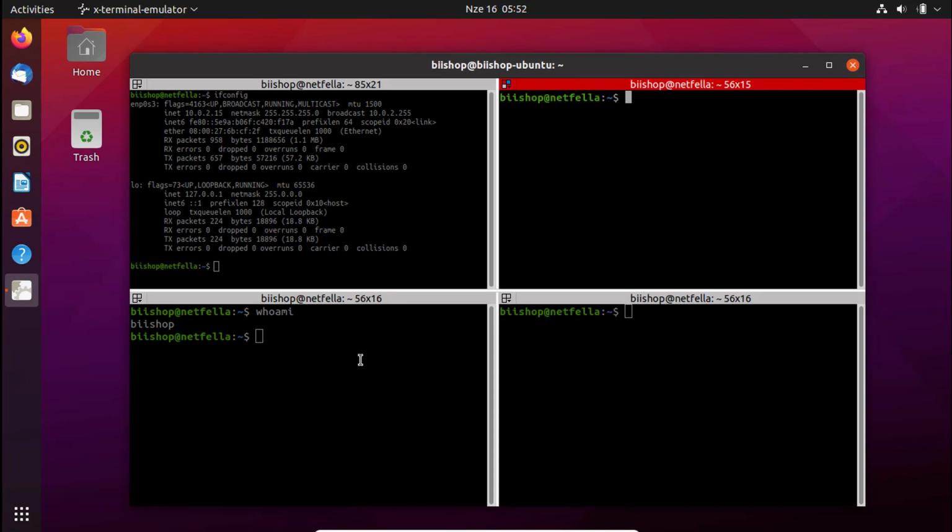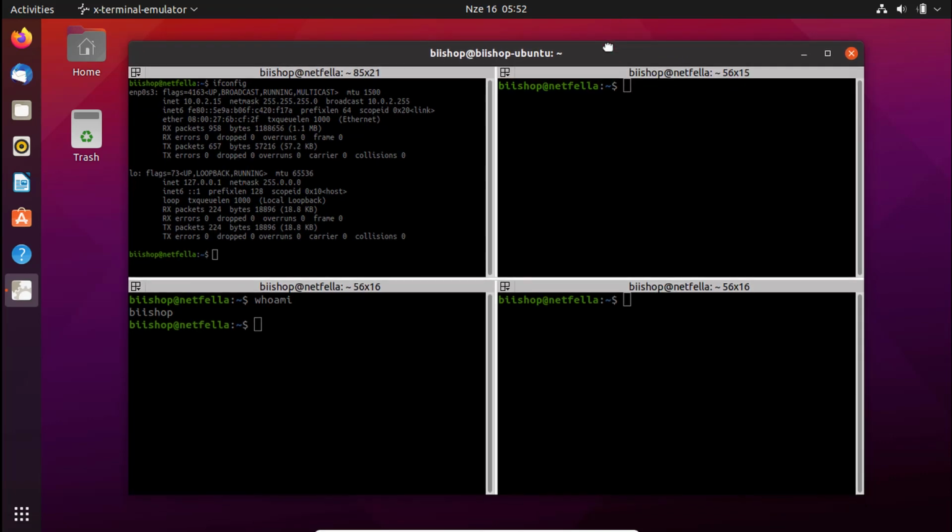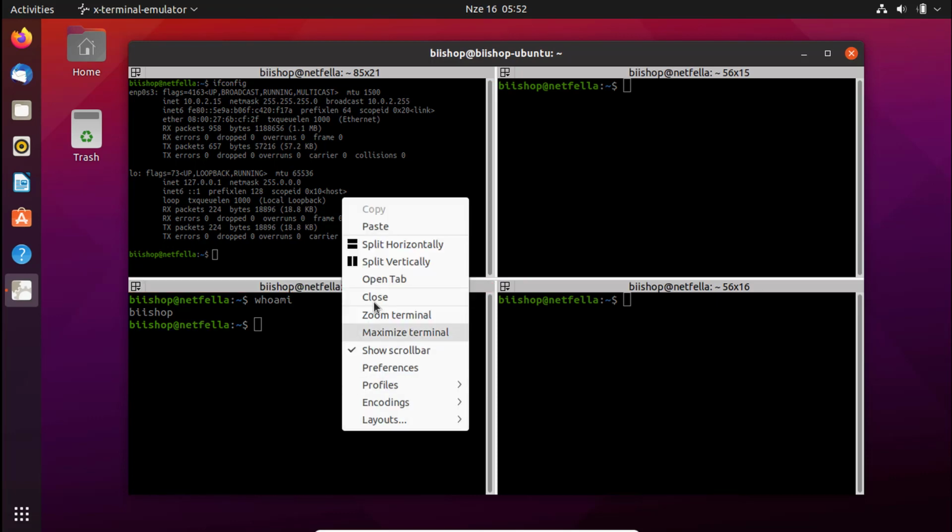And the other thing that I have seen very handy in this Terminator is the use of profiles. I can choose different profiles so as to separate these. As you can see, it can be somewhat hard to tell the difference between this and this and this and this. It can be very boring. So we can use the profiles to manage that. To use the profiles, you can go to the preferences again,